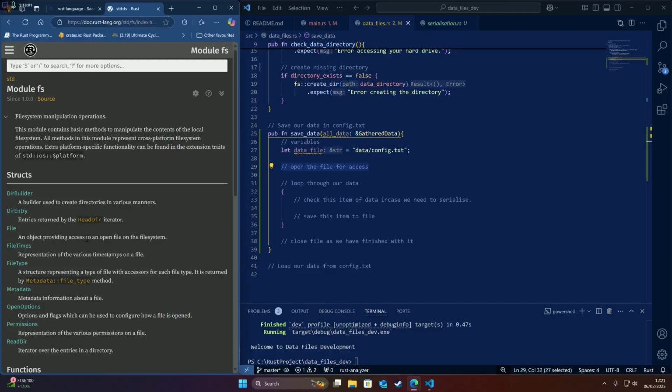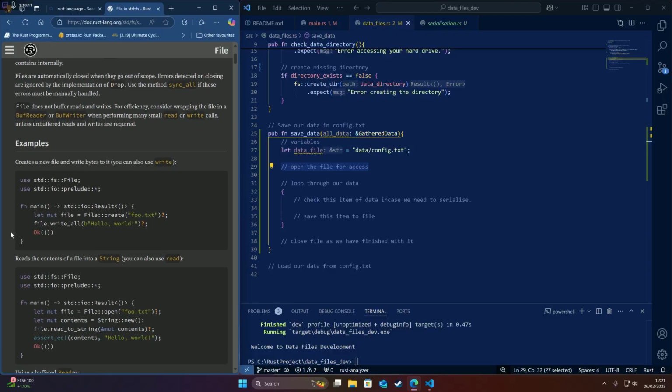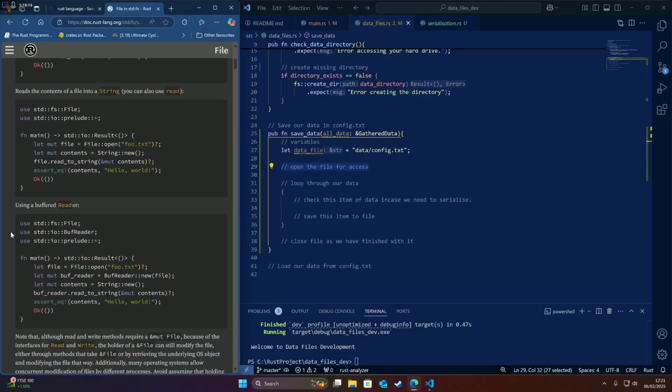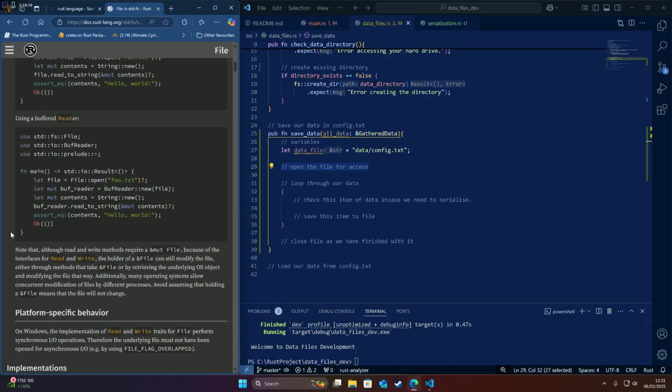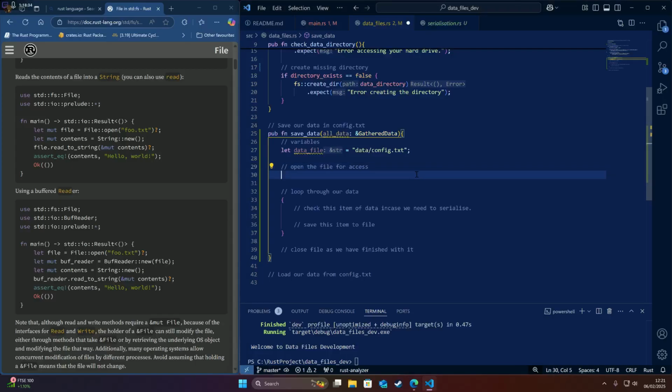An object providing access to an open file on file systems. That sounds interesting. Let's have a quick look at you. File open. Yeah, it's looking like we just got file open. I'm not happy with that idea, but